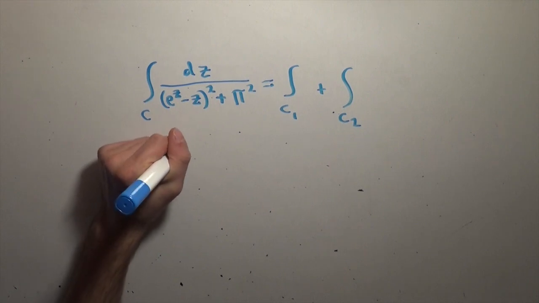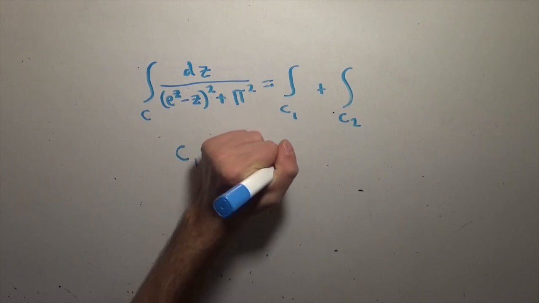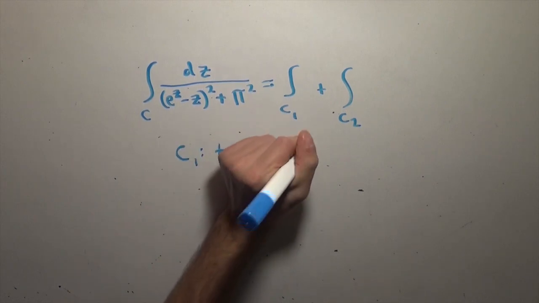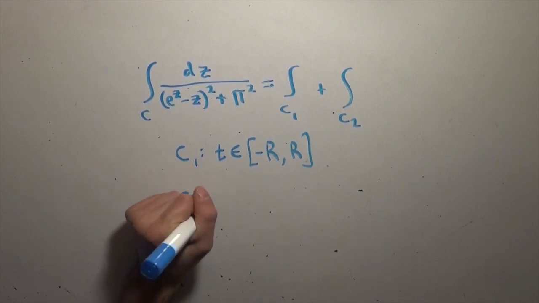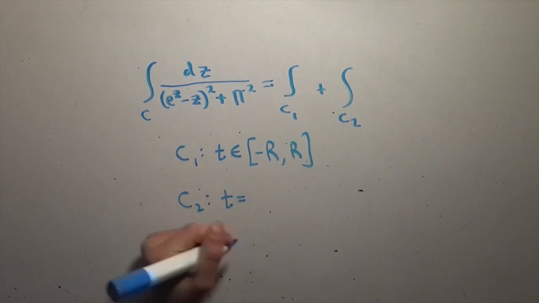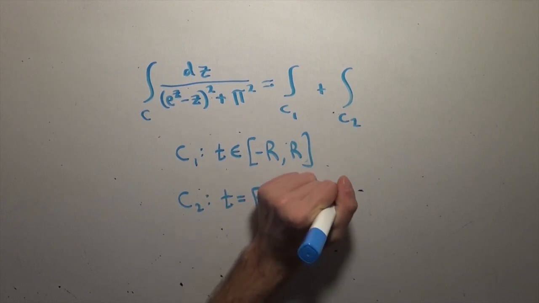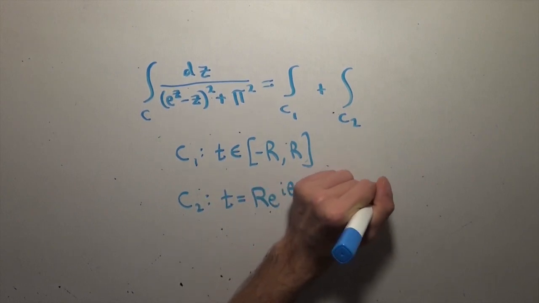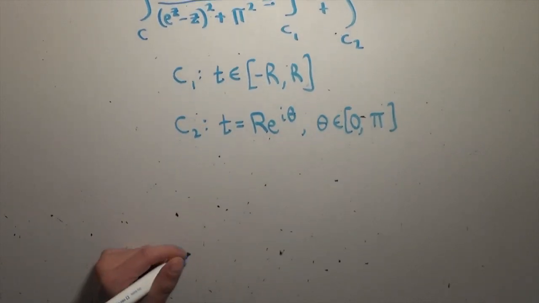And c1 is going to be parameterized with t ranging from negative r to r on the real axis, right? So just from the number negative r to the number positive r. And c2 is going to be parametrized as the point t is equal to r times e to the i theta, where theta is allowed to range from 0 to pi. So what that tells us is that we're doing a counterclockwise contour integral, taken in the positive sense, where the contour is a simple closed loop that goes from negative r,